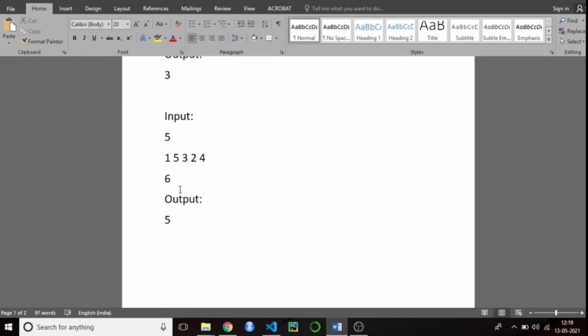In the other example, the length of the list is 5. The elements in the list are 1 5 3 2 4. The index of the element to be fetched is for 6, but 6 doesn't exist in list 1. So in this case, you need to append the value to the list. After appending the value, the list will look like this.